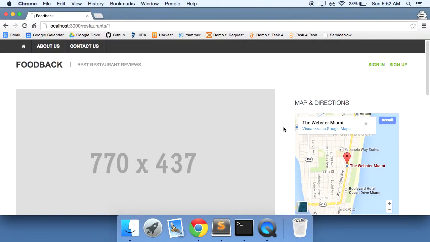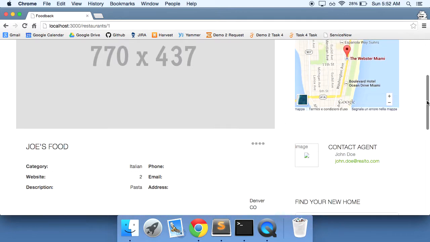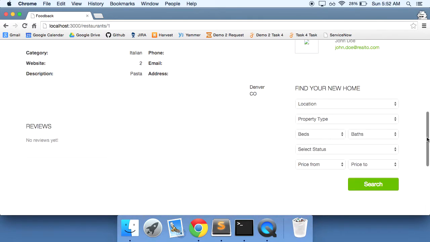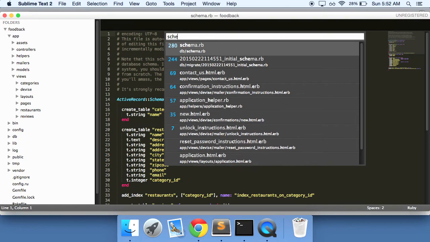Now that we have our restaurants for the most part done, I think the next best step is to add reviews. So what we want to do here is, this is a show page of a restaurant, and we want to have some sort of link right here that allows users to review this restaurant. So if we go into our code here and look at our schema,